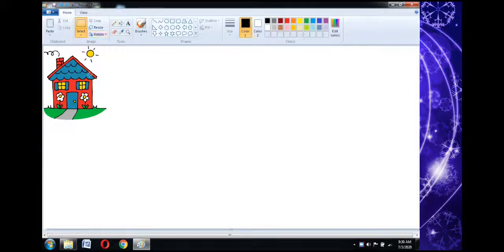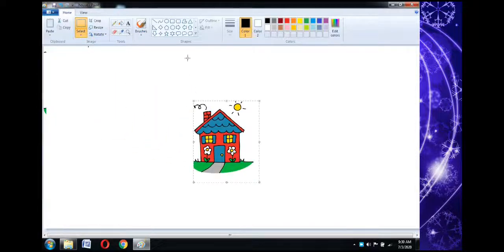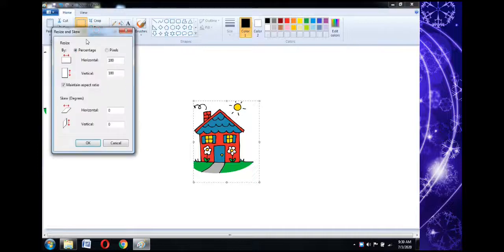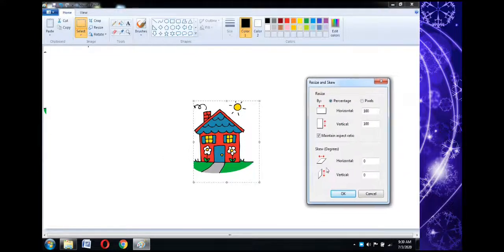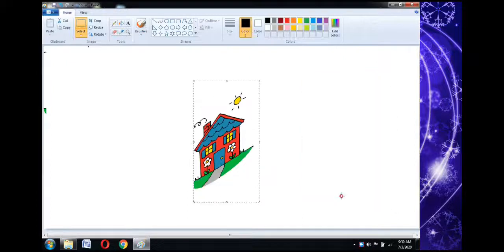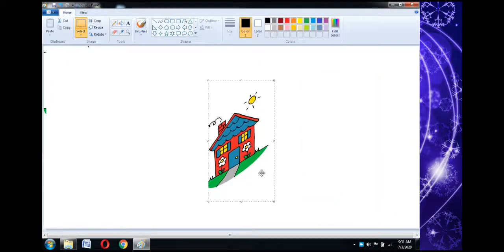Now click the undo button to return to the previous image. Select again, press and hold and drag into the center. Open the dialog box. Now it's time for vertical skewing. Vertical means top to bottom. If we give values for vertical skewing, from this point the image will lift up. For example, I am giving 30 as the vertical value. See this? The picture is lifted from this point 30 points above.